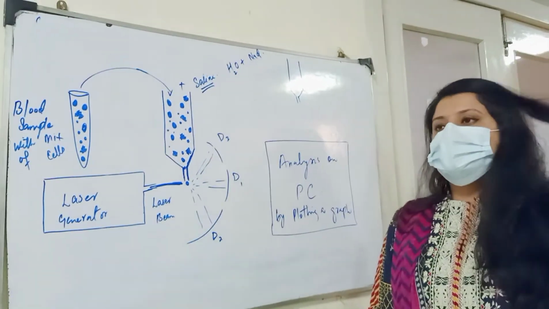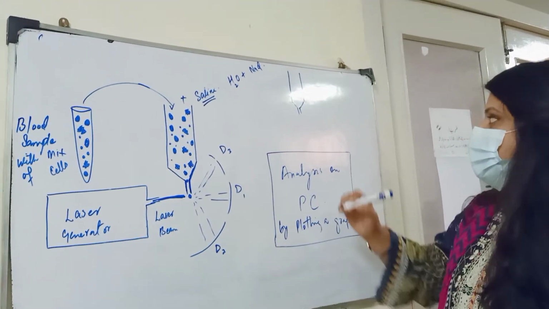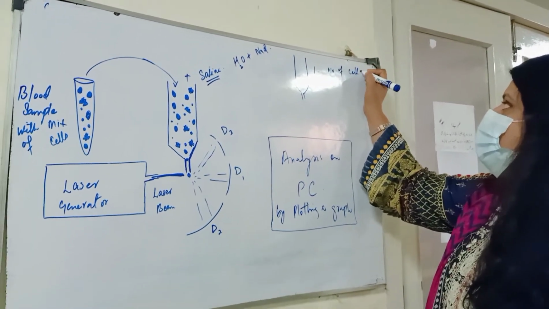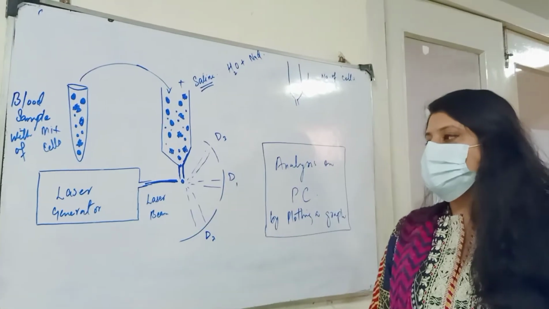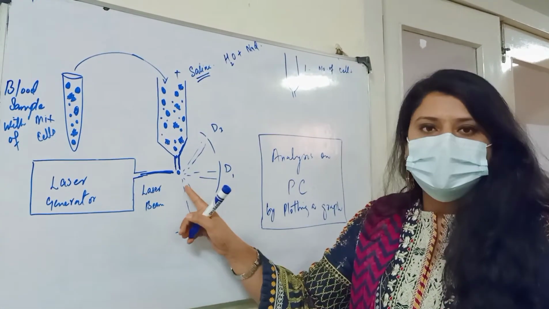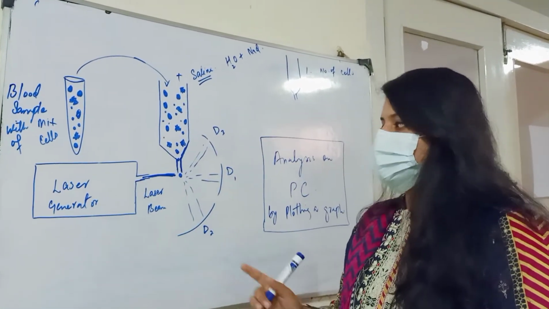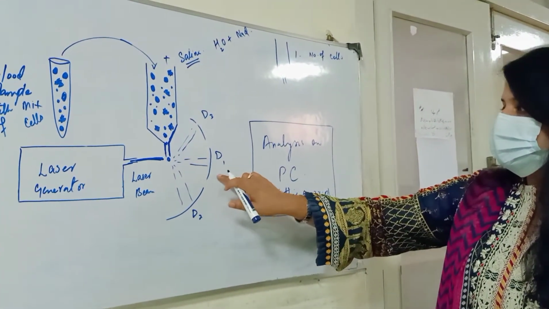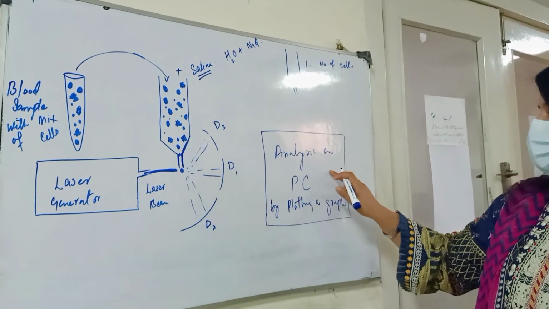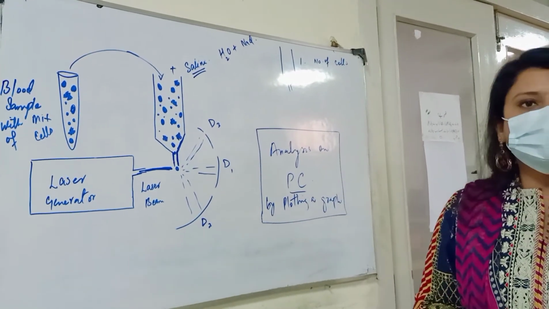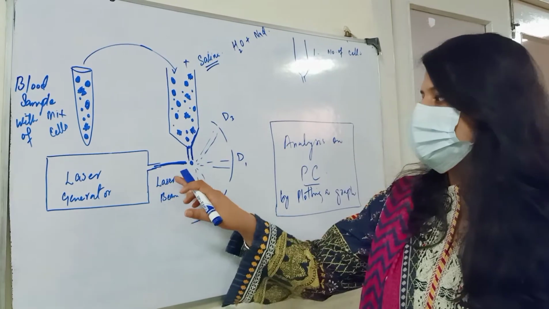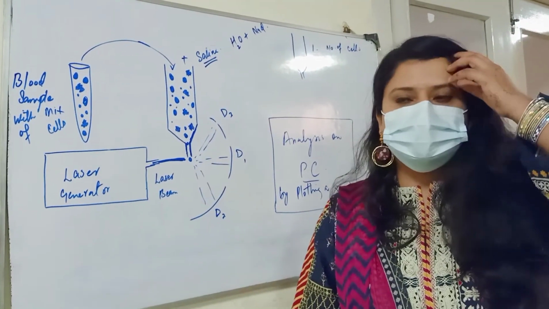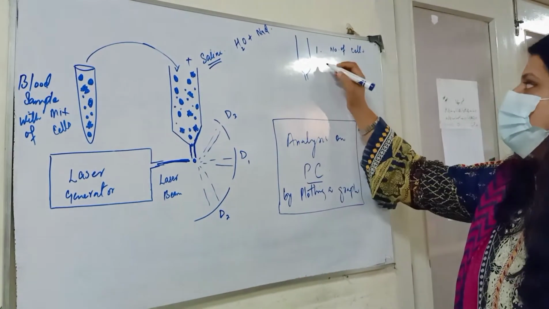So there are 2 basic things to be observed here. Number 1 is the number of cells. How is the number of cells detected in flow cytometry? Whenever a cell comes out, a laser beam hits it, and that is how the number of cells is counted, because the data from the detector is converted into a graph plot via the PC. By directly counting the number of laser beams hitting the cells, we can count the number of cells. Now, how can we determine the complexity of the cells?